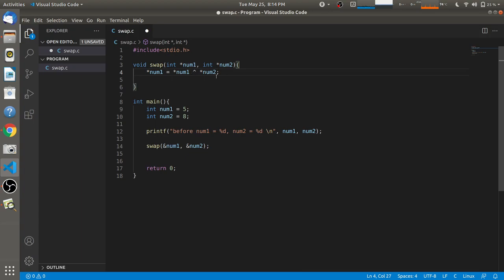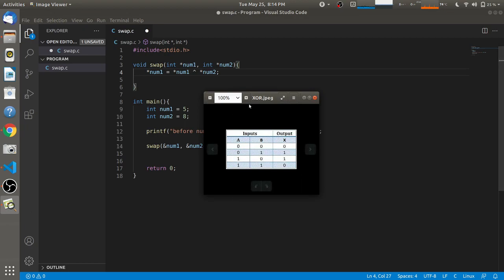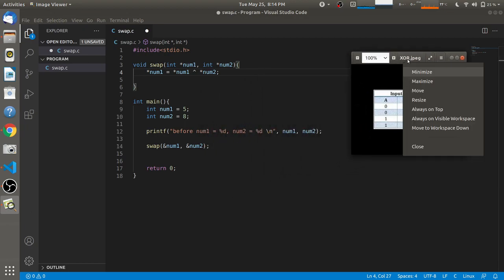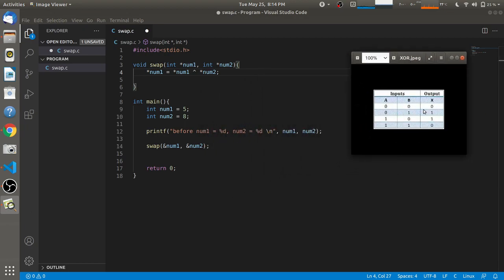So what is happening in this XOR operation? For better understanding I'll open this truth table and I'll make it always on top, so you will always be able to see this truth table. This is a logical operation, I mean a bitwise operator. This operation is done on the bits of these numbers num1 and num2.